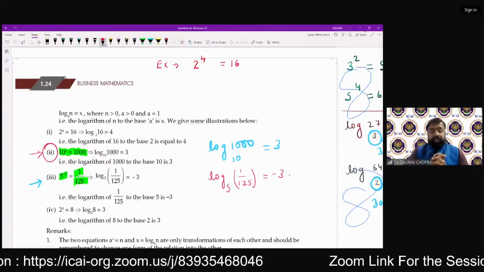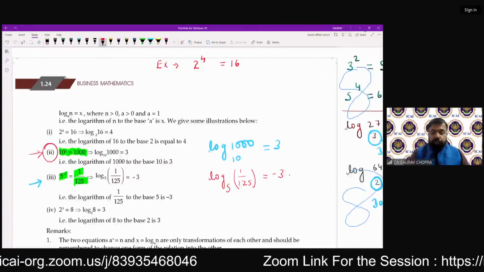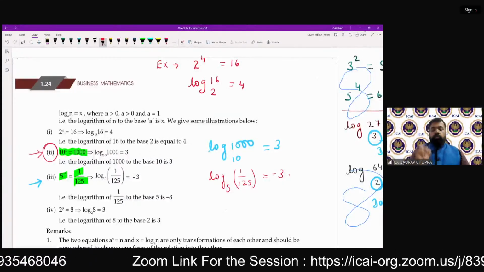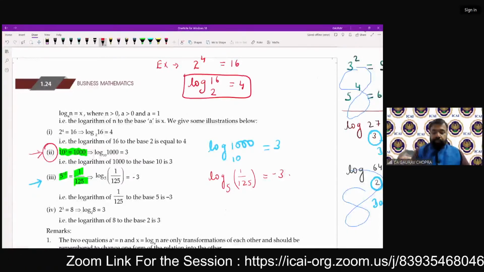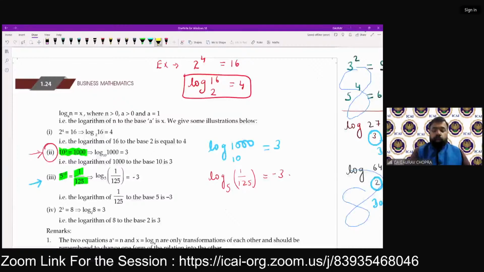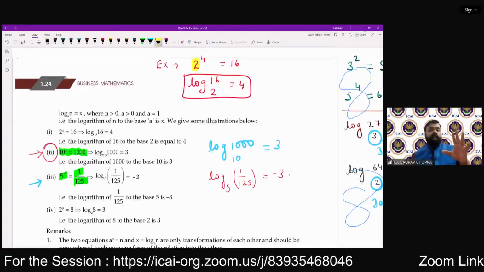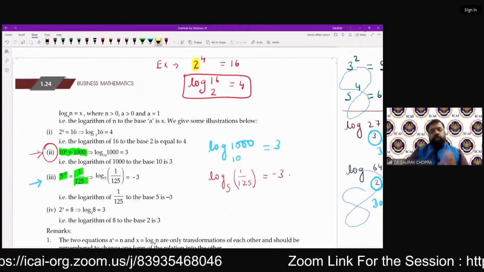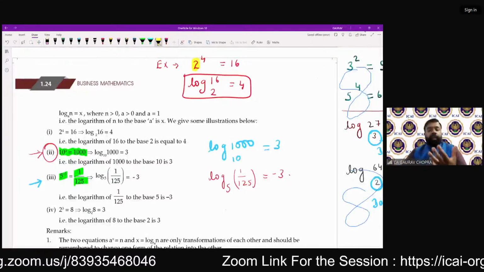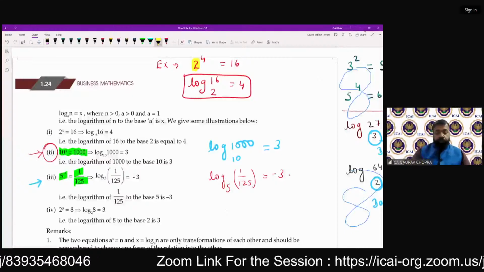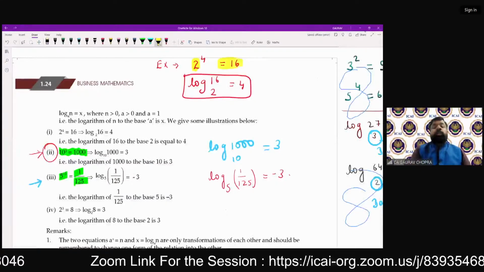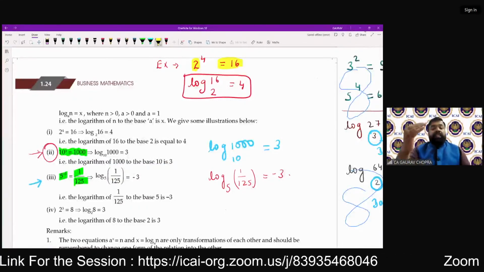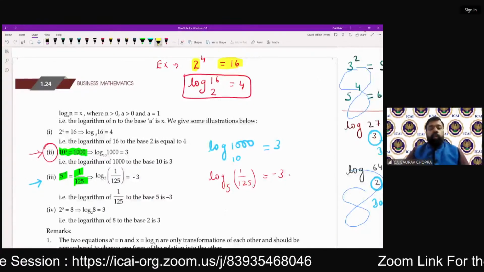तो 2 टू द पावर ऑफ 4 इक्वल टू 16 को लॉगरिथम में कैसे लिखा जाएगा? इसका वे है log of 16 to the base 2 is equal to 4। अब ये हमने कैसे लिखा है? सबसे पहले देखो 2 कहां है? 2 इज द बेस। एग्जैक्टली बेस तो नहीं कहते हैं, लेकिन क्योंकि 2 के ऊपर 4 बैठा है, तो हम समझने के लिए ये कहते हैं कि 2 4 के बेस में है, तो वो लॉग के भी बेस में रहेगा। सो लॉग बेस 2 इज इक्वल टू 16। 16 को एक स्पेशल पोजीशन मिली है, तो उसको लॉग के पास में बिठाएंगे। तो लॉग ऑफ 16 बेस 2 इज इक्वल टू क्या आएगा?